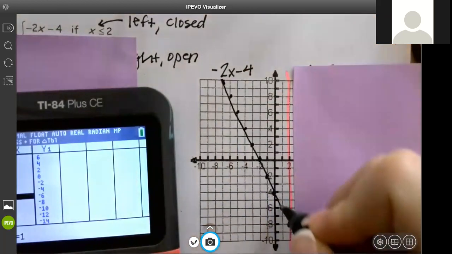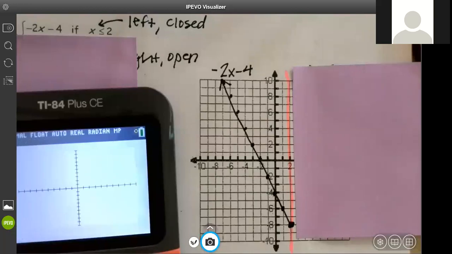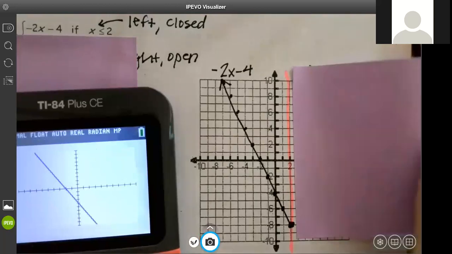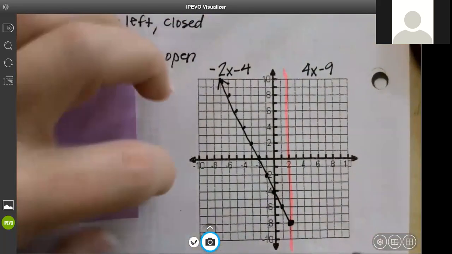And I know it takes a couple more seconds, but for domain and range sake, I like to do it all the way across the graph. Again, if you're not sure you graphed it right, hit graph and see if it looks like that. It sure does. Okay, so go ahead and check it if you need to. All right, the second one